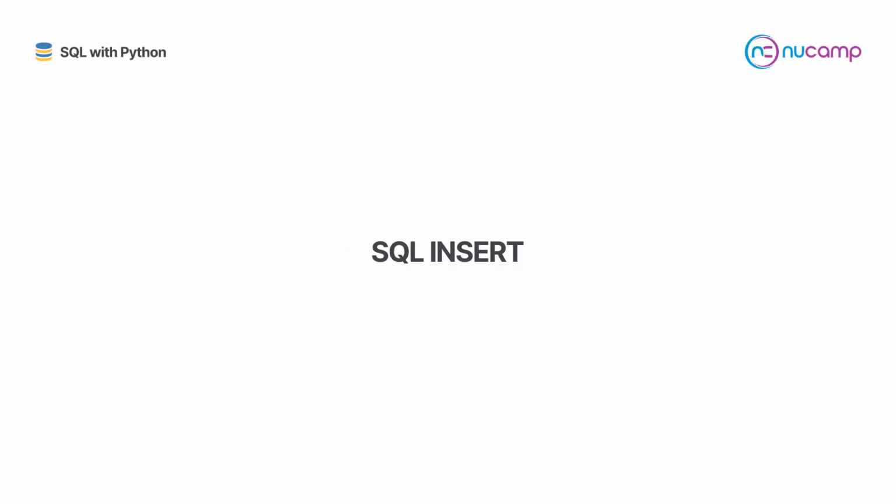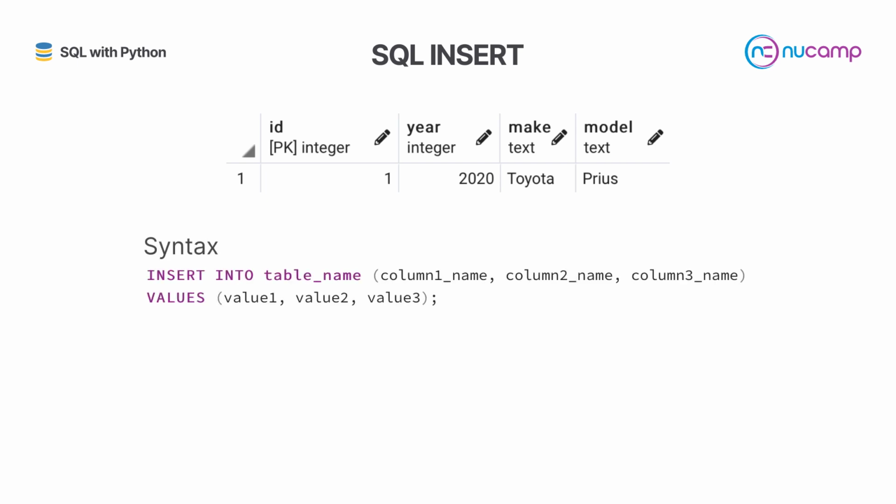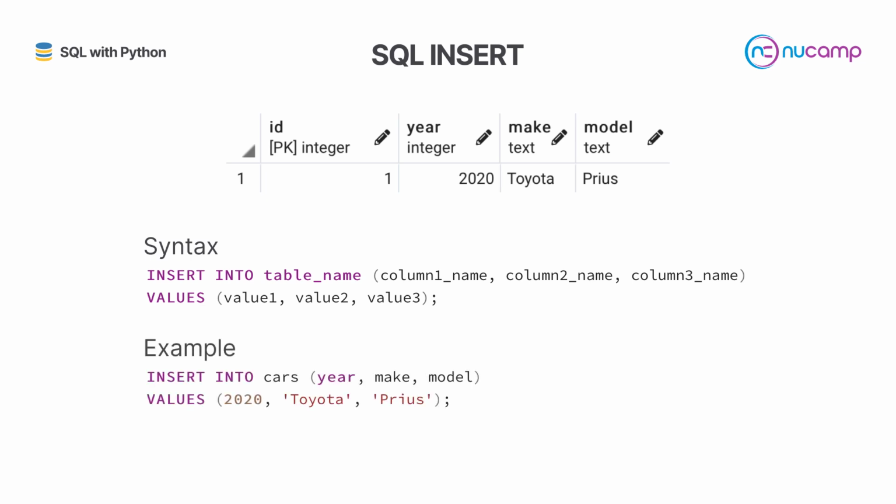With our database table constructed, we can look now at how to insert rows of data. Unsurprisingly, SQL has an insert statement for this very purpose. It follows this syntax. To insert a 2020 Toyota Prius into our cars table, we would substitute in the relevant